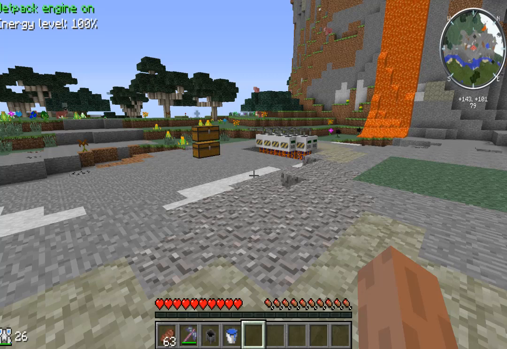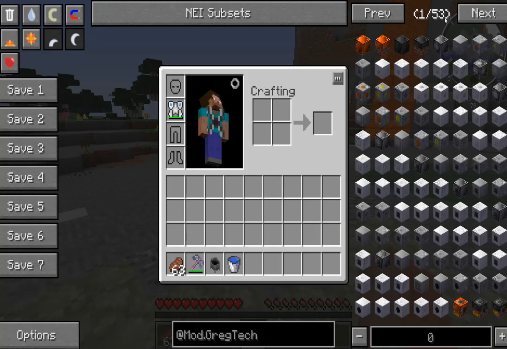People that have been around my channel know my concerns with Gregtech. So in this video, I just want to talk about some of the changes that have happened in 1.7 from 1.6 and even before that. This by all means is not a mod spotlight. If you're looking for a mod spotlight, this is not going to be it. I just want to talk about some of the changes and maybe introduce some new ideas. So the first thing I'll show you is Gregtech now has 53 pages of items in